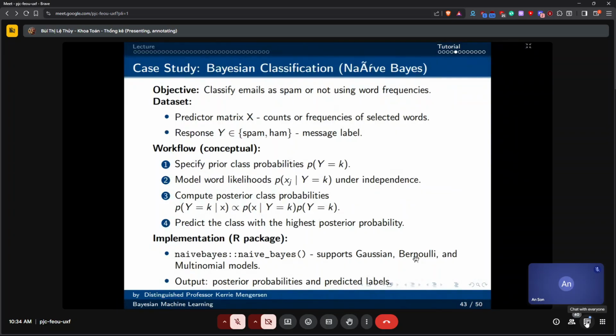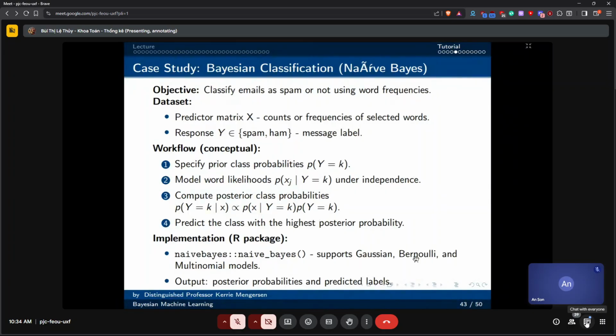And if that appears often in spam emails, then that will pick out whether that email is likely to be spam. So we're going to classify the emails as spam or not, depending on how often these words appear. So we're going to have a predictor matrix, which is these counts or frequencies of the selected words, and our response is whether it's spam or not spam.